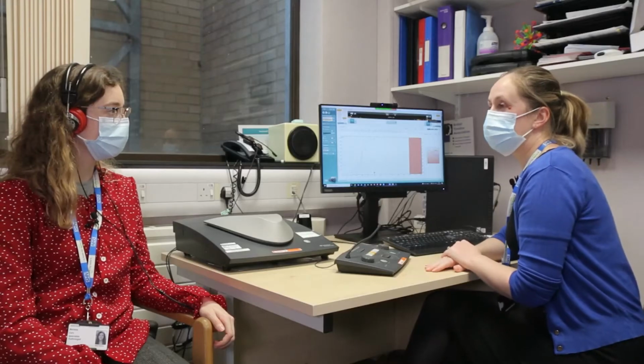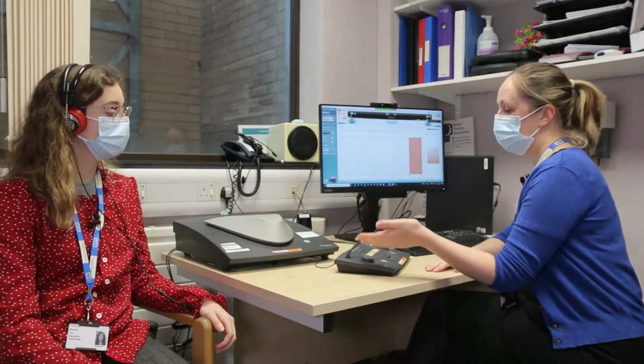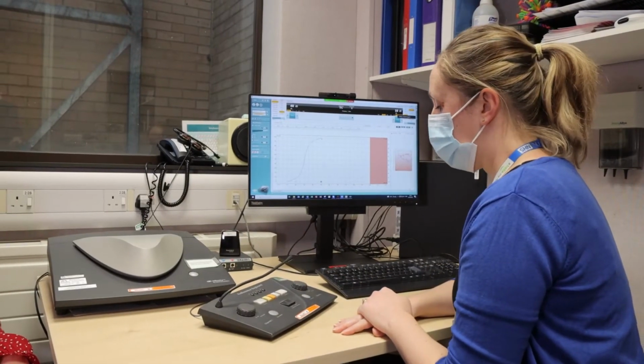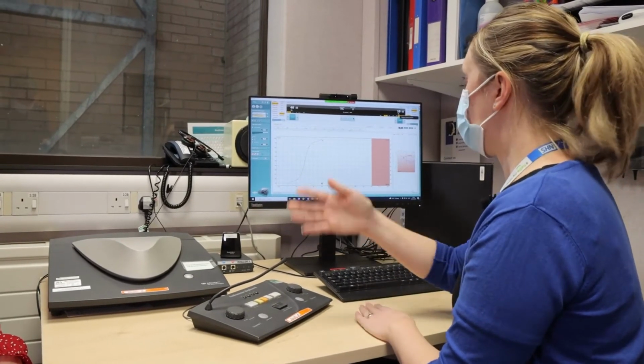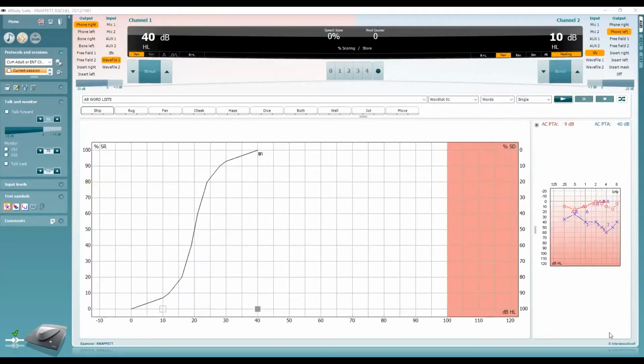So today I'm doing some speech testing. I'm using the old Affinity system here, but you may well be using other equipment. Hopefully, like the Affinity, you've got the speech software all built in. Now what we can see here on the screen, so I've already done my pure tone audiogram, and in the